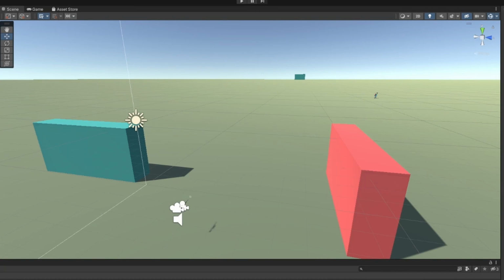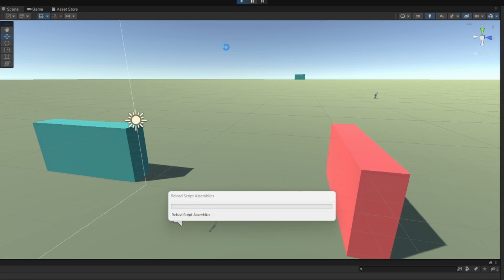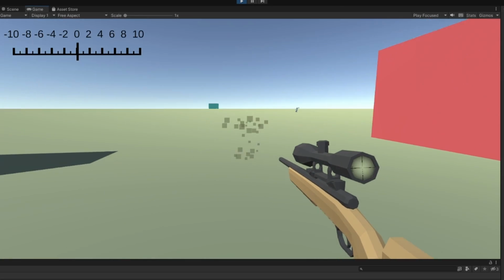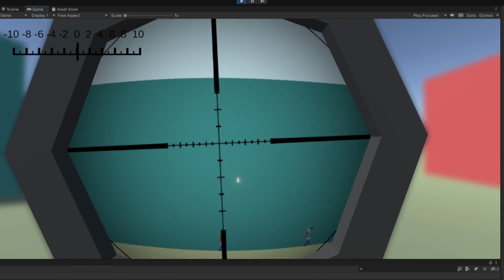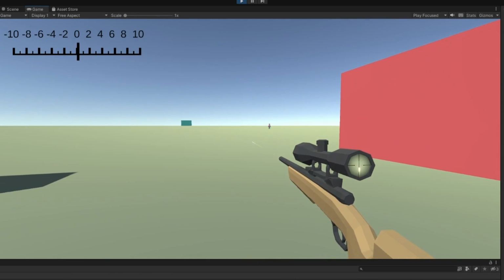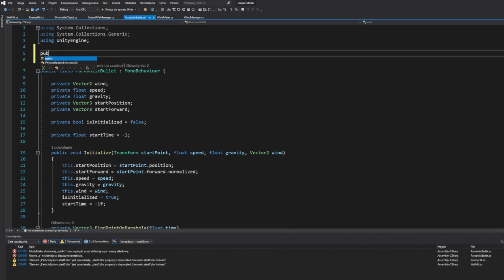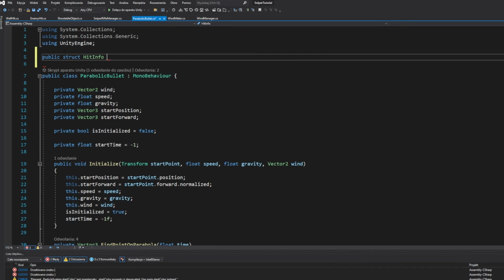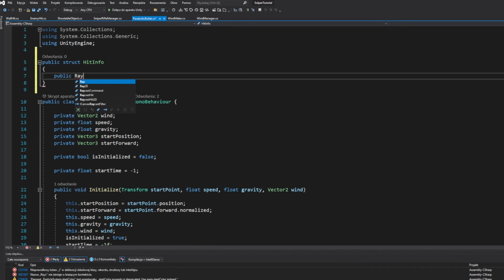Hello everyone, this is the third part of the sniper shooting tutorial series. In this video I will show you how to make the bullet ricochet, penetrate the walls and leave decals on impact. First, let's create a struct, HitInfo, so we can pass more information about the bullet hit to the shootable